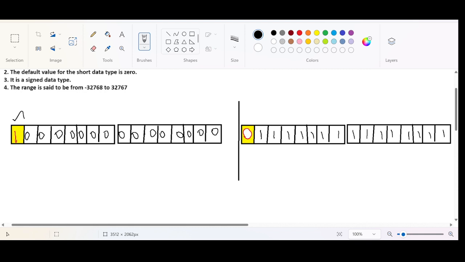If you do this, and convert this to a decimal number, what will you get? Minus 32,768, isn't it? To plus 32,767. You know already how to convert a binary number to a decimal number, right? You will just use placeholders, and increase the significance of these